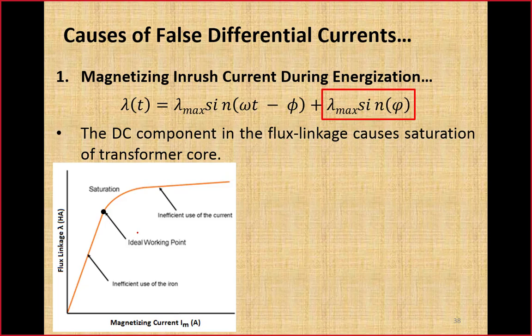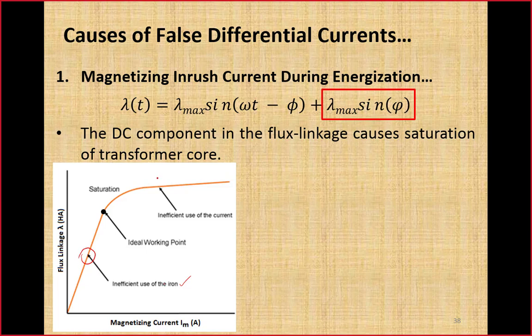This is the point that describes the magnetic flux density in the core. Because if we design the transformer in such a way that the maximum flux reaches up to this level or in this region, that would be inefficient use of iron core material. It means we have used a core which could carry more flux, and that could be used for a higher power rating for the transformer, but we are not doing so. It means we are wasting the core material, or we are using a core larger in size than our requirement. So that is inefficient use of iron core.